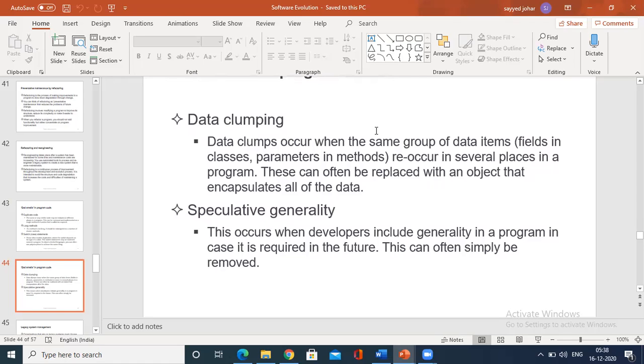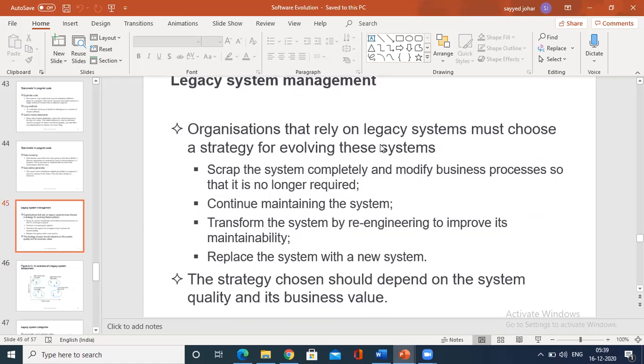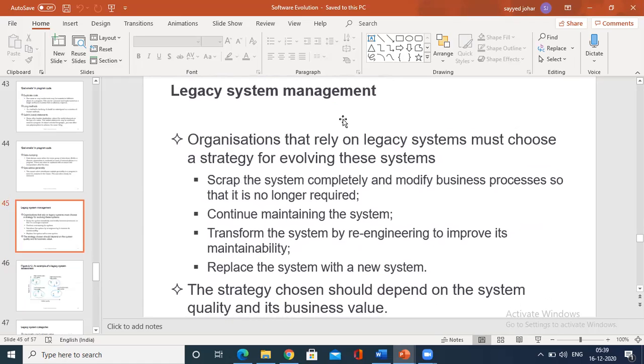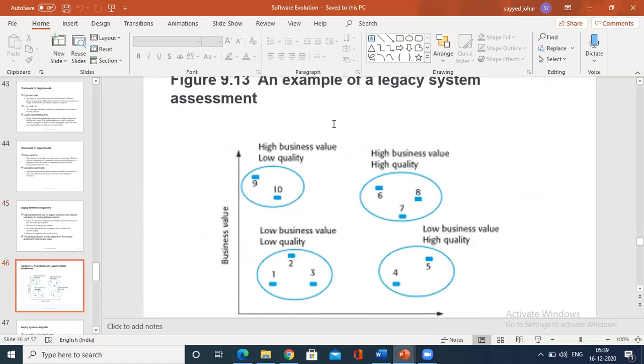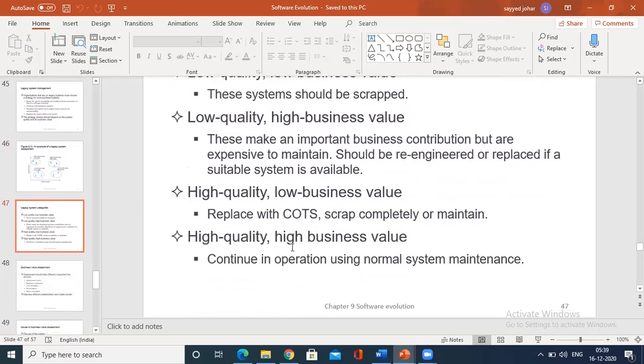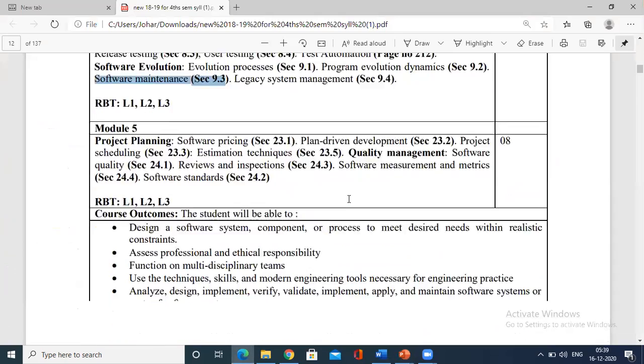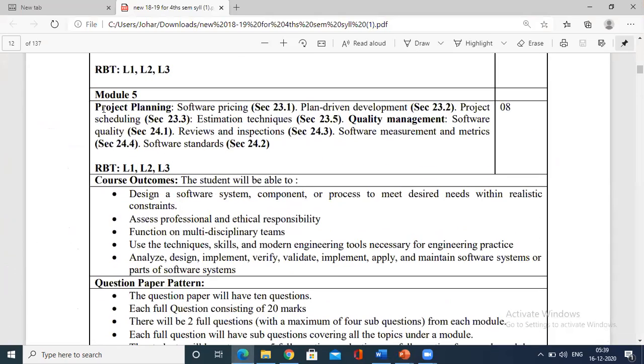Okay. So this completes preventive maintenance, and we are left with legacy system management. It is a small topic that could be discussed along with module 5. So tomorrow I would start with the new module called project planning. It is a small topic, in fact. Though there are many subtopics, it is one of the important factors that you need to remember.